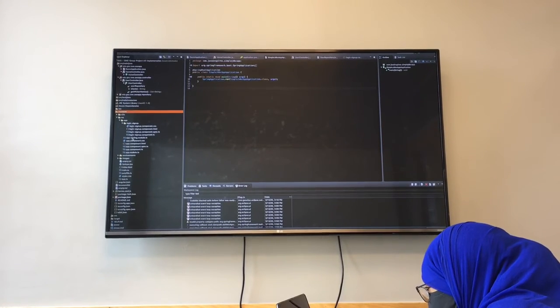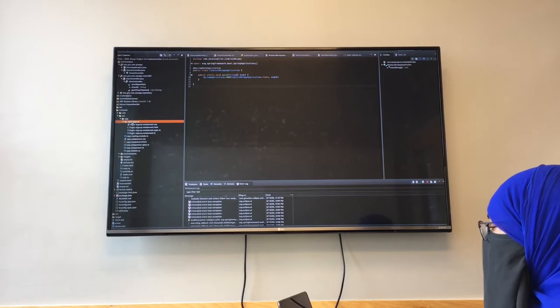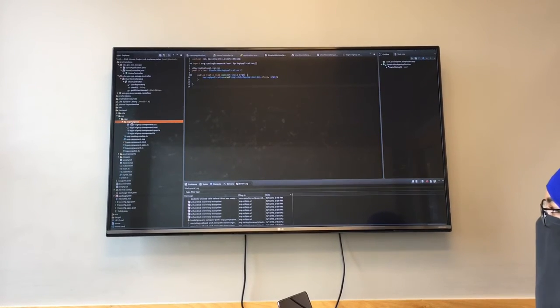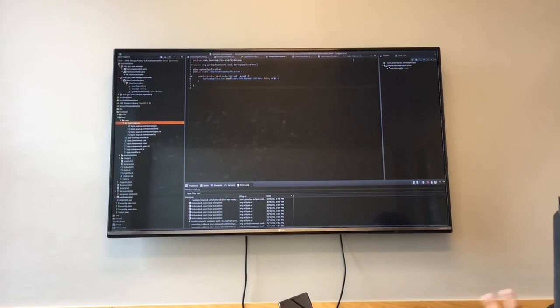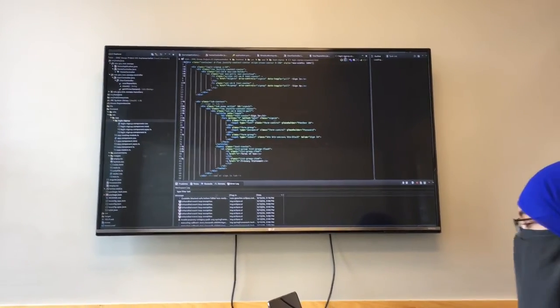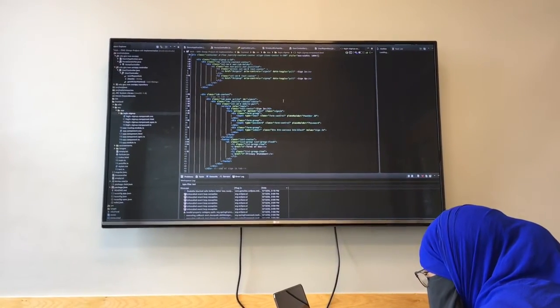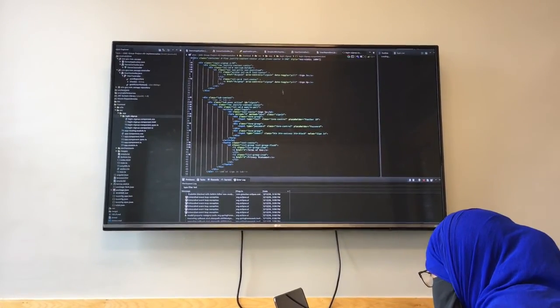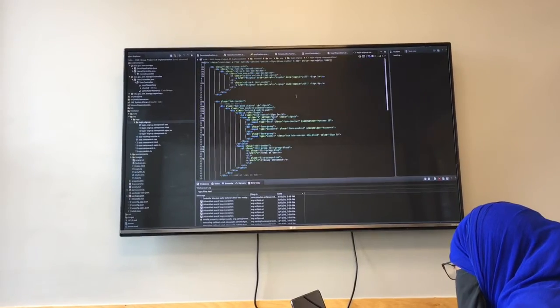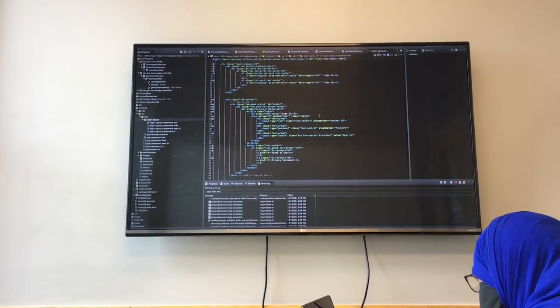So in here you can see that we have some components here, and I just created a login sign up component. I didn't really need to separate it because Angular allows you to, it's like a single page application, so you don't have to create all these different pages or multiple things. But yeah, this is just the HTML for the page.